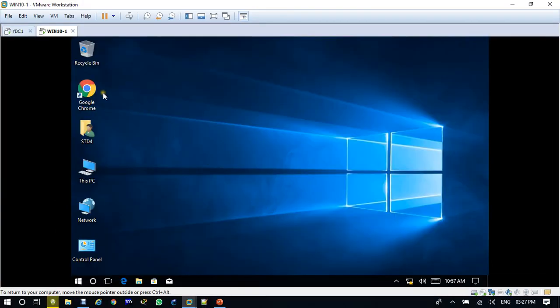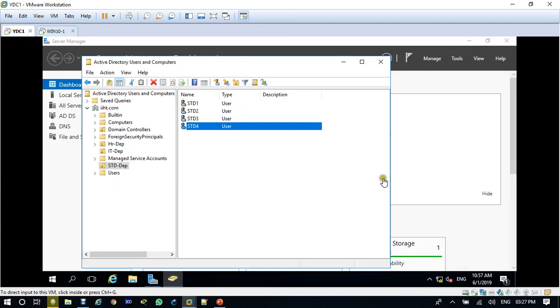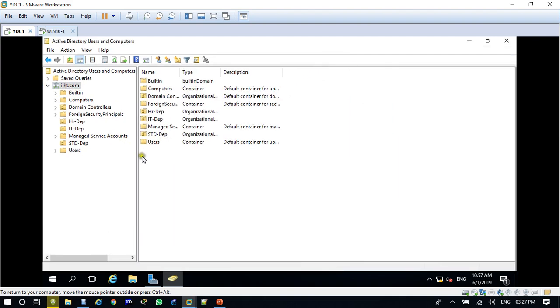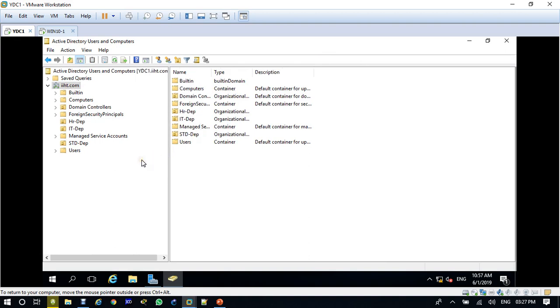The problem is, I wanted to change the policy for the HR department, but when I change something in the default domain policy, it has been changed for all of the forest.